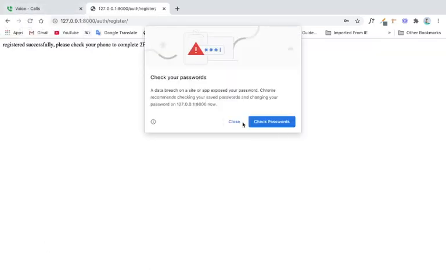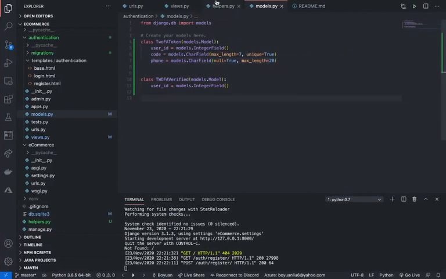Alright, looks good. Indeed we got the code 3465364. I'll write that down. So 3465364. Alright, that's the 2FA code. Now what we need to do is